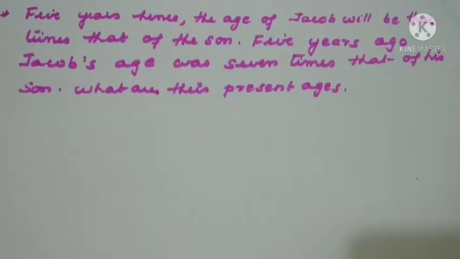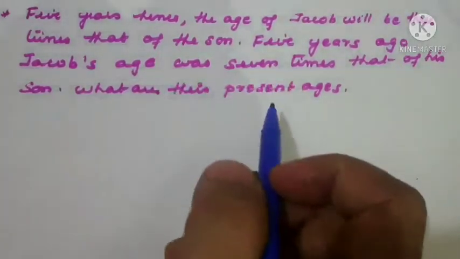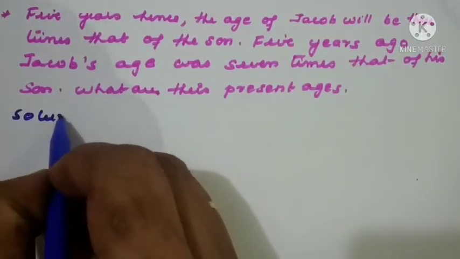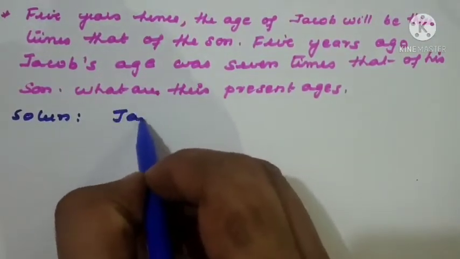5 years hence the age of Jacob will be 3 times that of the son. 5 years ago Jacob's age was 7 times that of his son. What are their present ages? So we are dealing with Jacob and his son's age only. So solution, let us assume Jacob's age is equal to